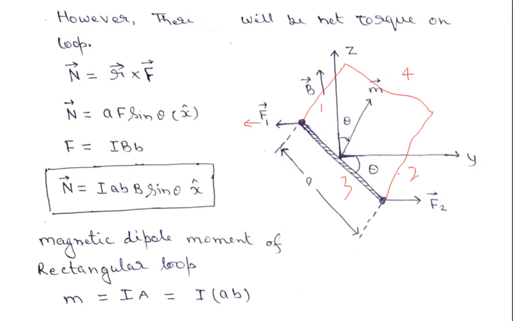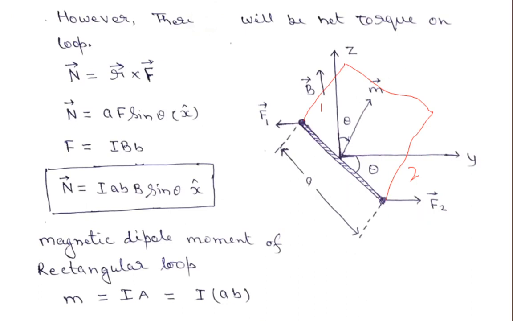So this is the minus y direction, and there will be a force on side 2 which will be acting along the plus y direction. Okay. So this kind of force will be acting on this face also, and this is for side 3, and similarly for side 4, similarly for side 1 and side 2. For each side a similar kind of force will be there.